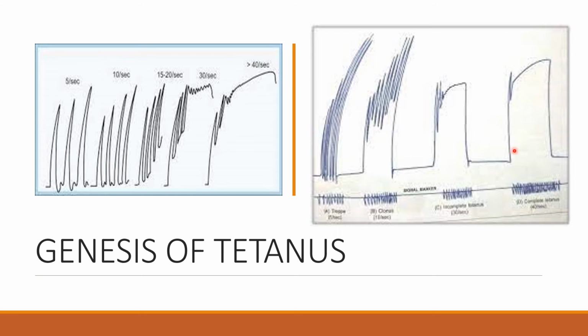If a muscle is stimulated at higher frequency, there is a sustained state of tonic contraction of muscle, nothing but tetanus. This is also called tetanizing frequency. So more than 40 per second is called tetanizing frequency. This sustained repeated stimuli are applied using a vibrating interrupter in the experiment.